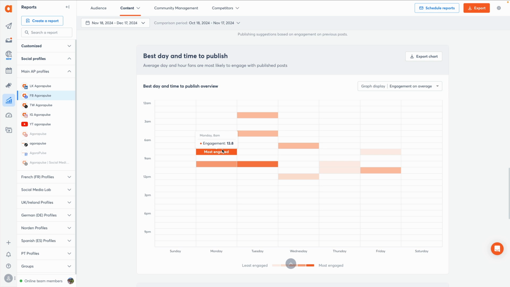If you go to the content tab, Agorapulse will even show you recommendations on when is the best time to publish for your audience. So you can see here that the most engaged slot is at Monday at 8 a.m. We've got a 13.8 engagement score on that particular day of the week. So hey, that's super important to know. Maybe the best piece of content that I have for a given week, I'm gonna be putting it out on